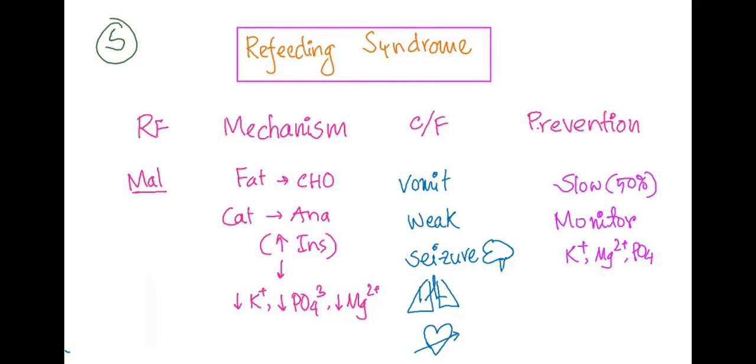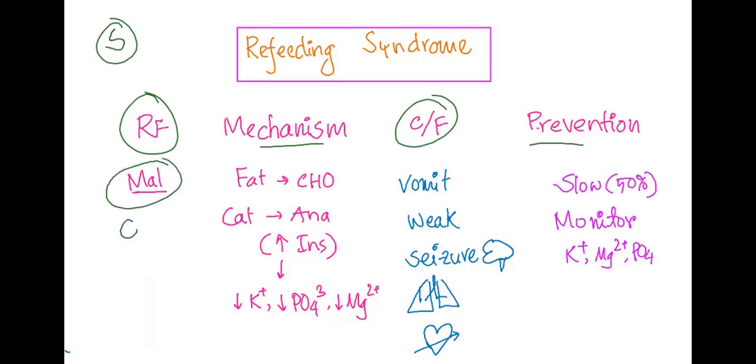Refeeding syndrome: the risk factors, the mechanism, clinical features, and prevention. So refeeding syndrome, who is at risk? People who are severely malnourished, such as chronic alcoholics. Why does it happen? Because when you refeed someone, the fat metabolism of the starvation phase converts to a